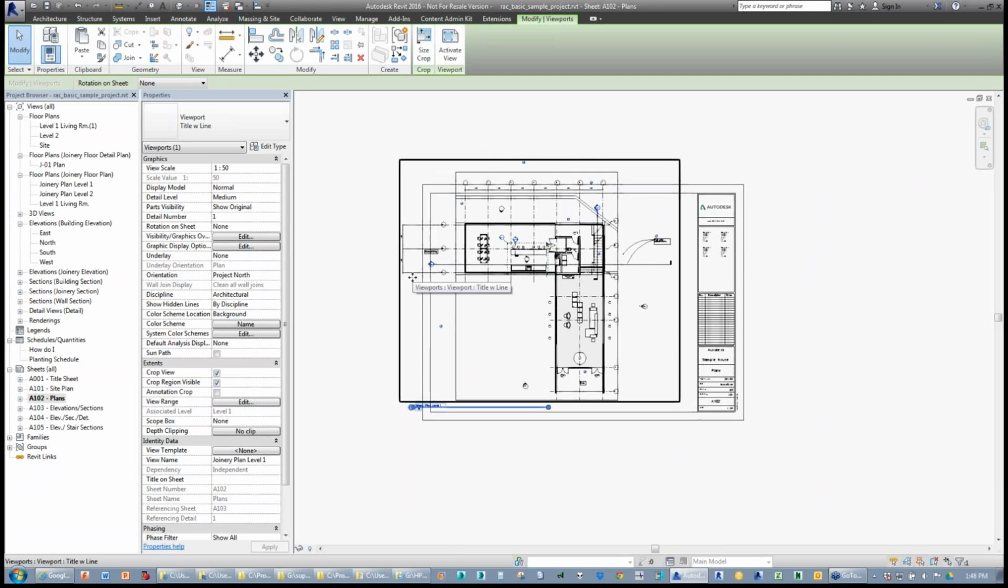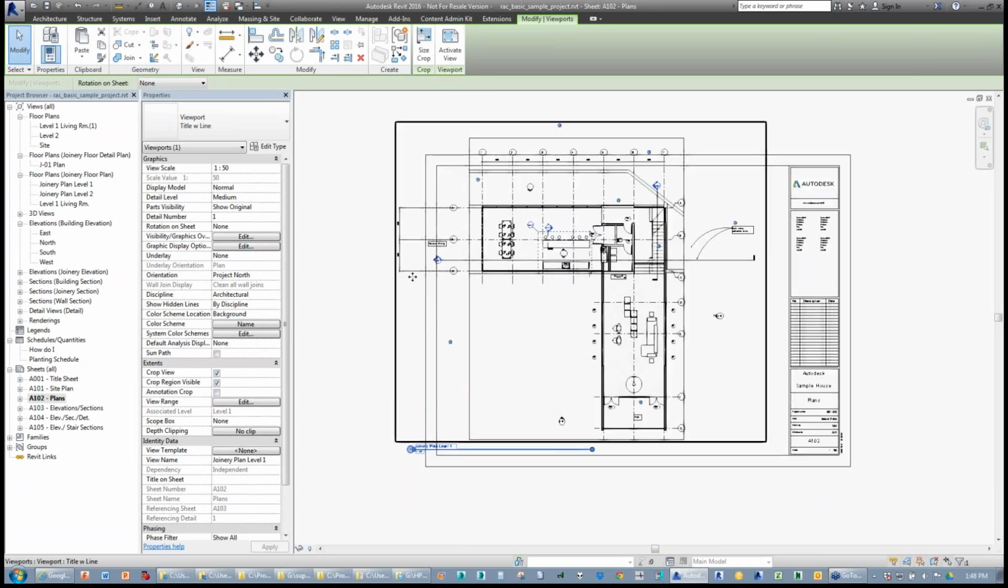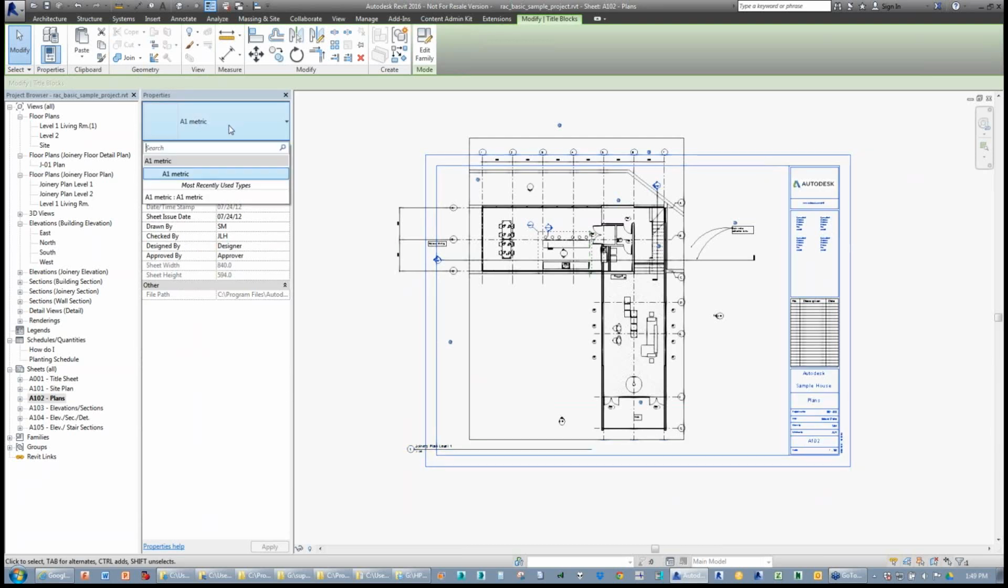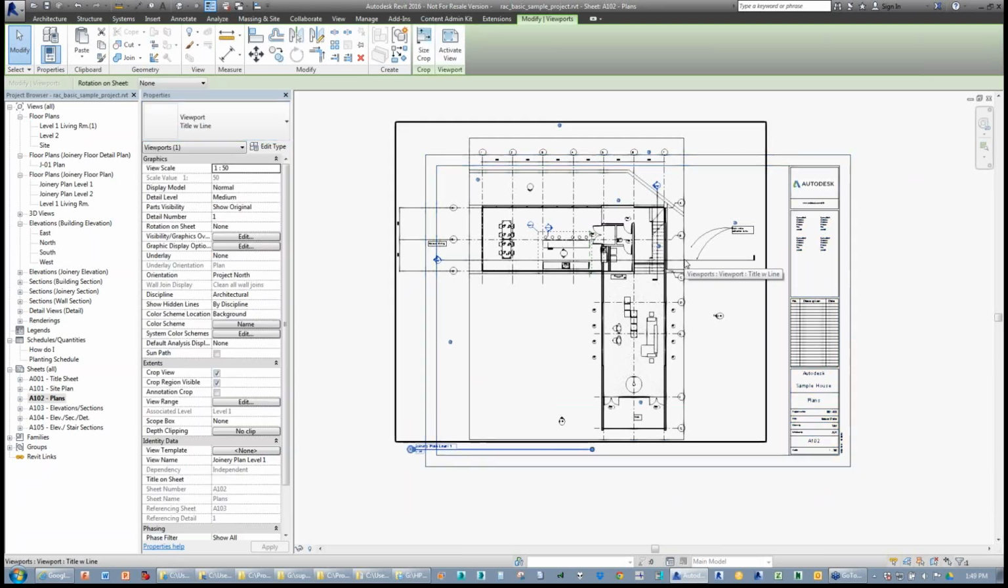Okay, so what we've got is a situation, just theoretically, where perhaps this plan really needs to be rotated around, so perhaps it can fit on the sheet properly. Not really a terribly good example because I don't really have a different orientation of sheet to illustrate that. But okay, so what you've got here in the standard properties of this particular view is the ability to rotate the view